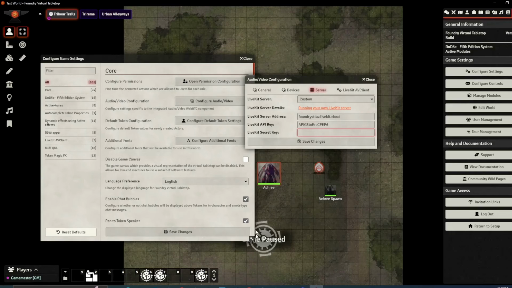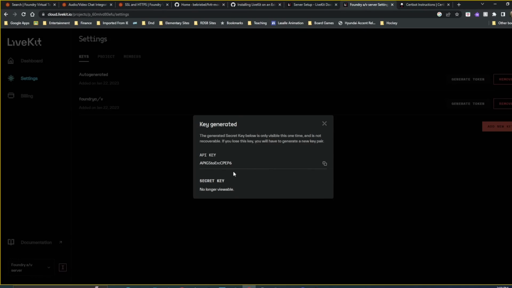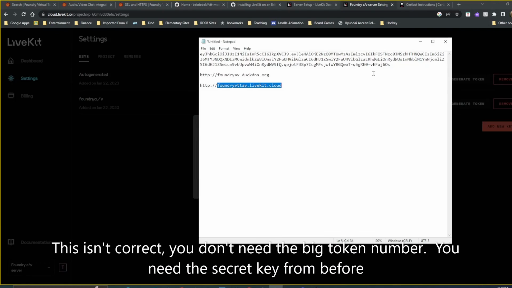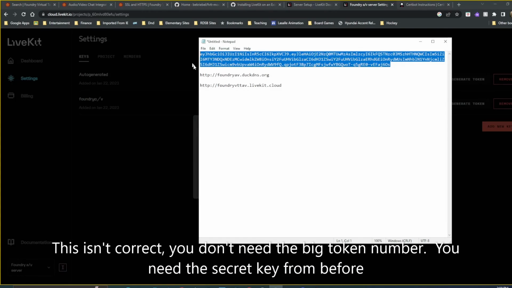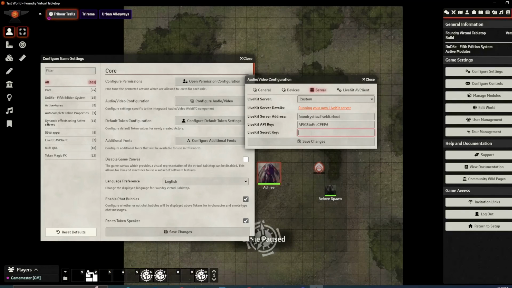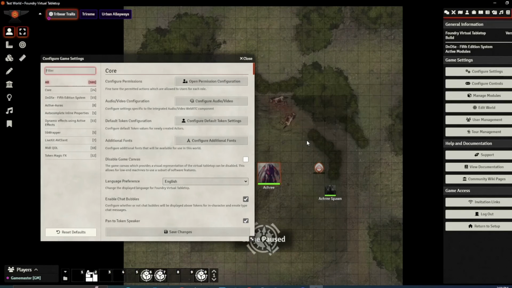And then for the LiveKit secret, I'll go back to the cloud. And that is that big key that I had put in the notepad. So I'm going to go get that. I'll copy that, put it here, save changes,